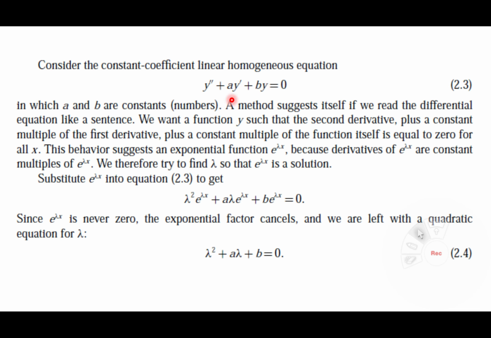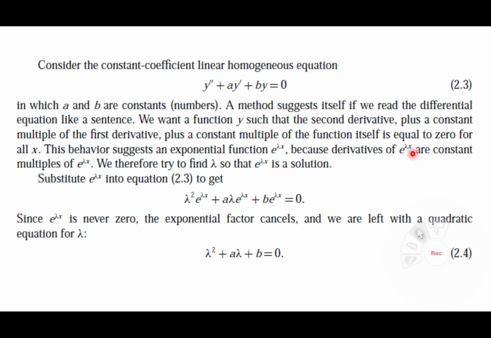We have one function that is going to make it easier for us to solve this equation. This function is the exponential function. Why have we chosen this exponential function? The point is because derivatives of